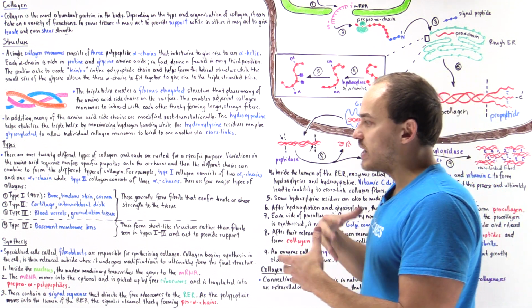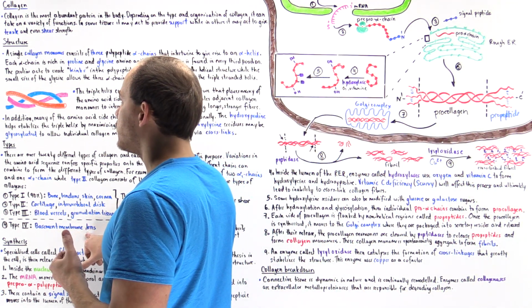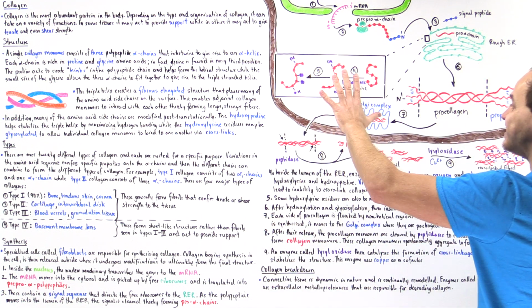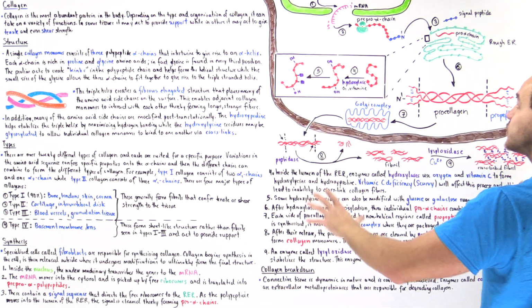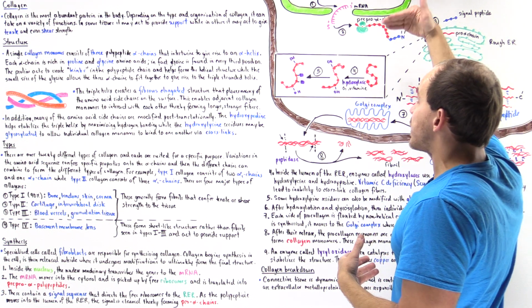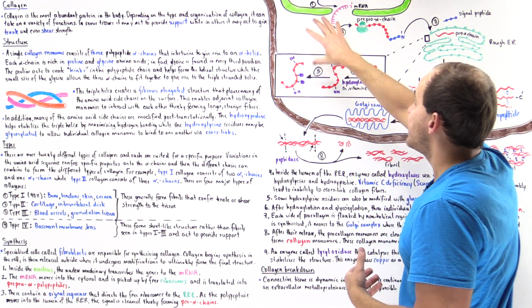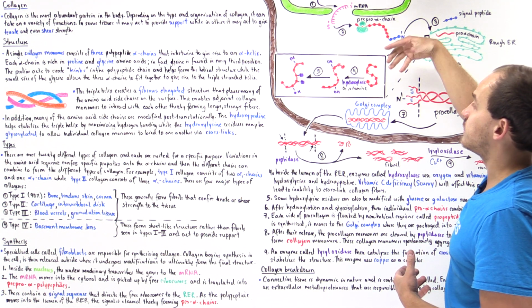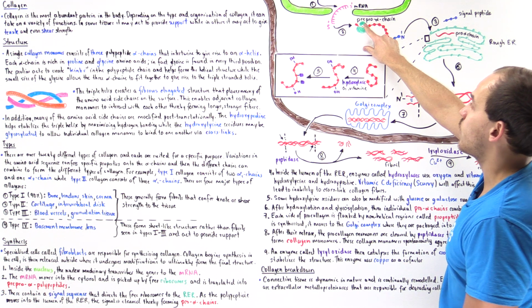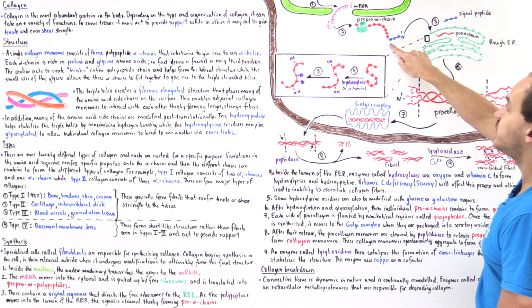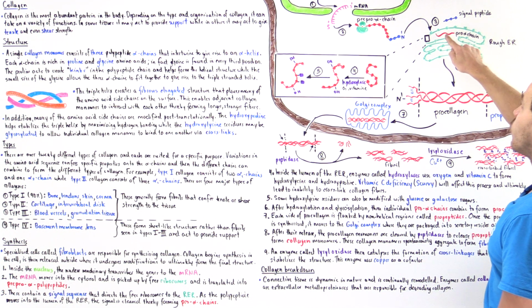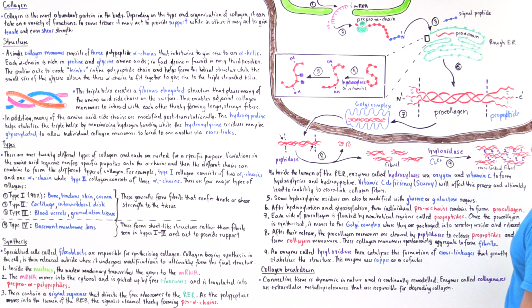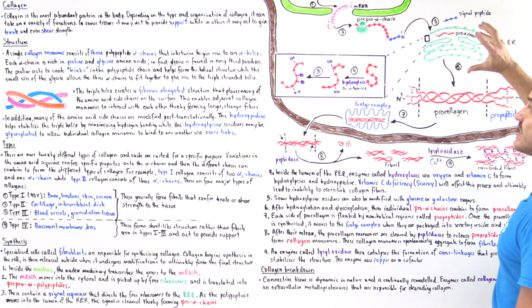So to summarize, we have these specialized cells known as fibroblasts, which are actually responsible for initiating synthesis in a cell and finishing it outside the cell. So in a cell, we transcribe the genes to form the mRNA that ends up in the cytosol. We have free ribosomes that begin the process of translation, initially forming the pre-pro-alpha chain. And then once we cleave that signal sequence, we form the pro-alpha chain, which ends up being transferred to the rough endoplasmic reticulum, where the translation process continues.